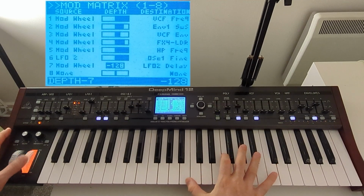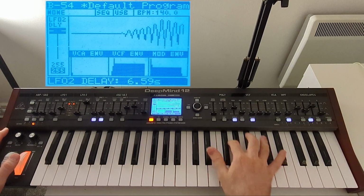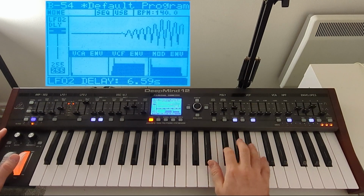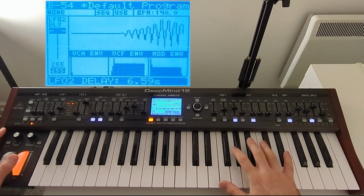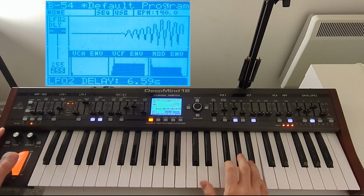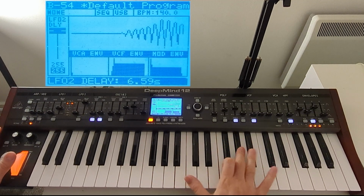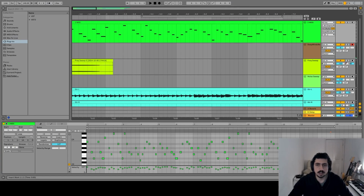Let's play the melody properly now and see how it sounds on its own. Here is a screenshot of the DeepMind editor if anyone wants to see that. Like the previous videos, I've also recreated the other elements of the song that go subsequently with the melody here. And it sounds like...